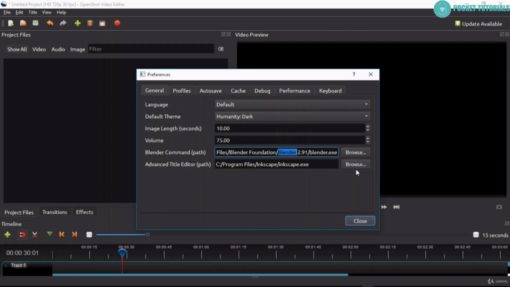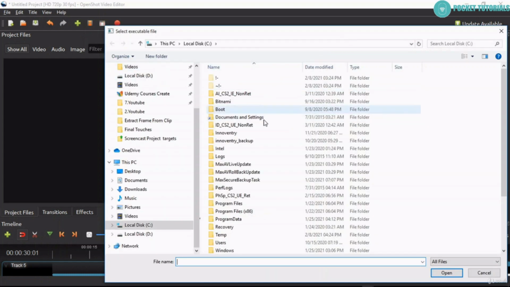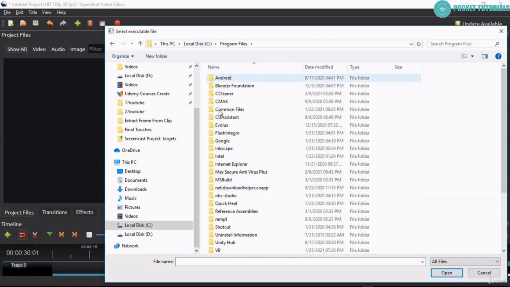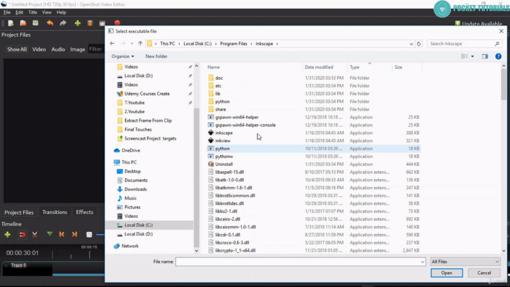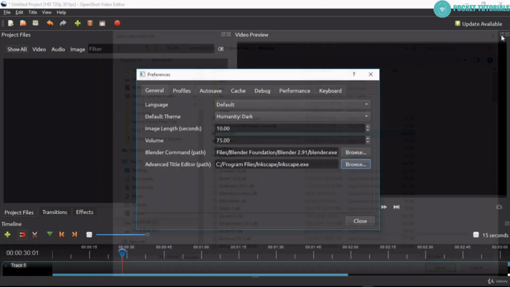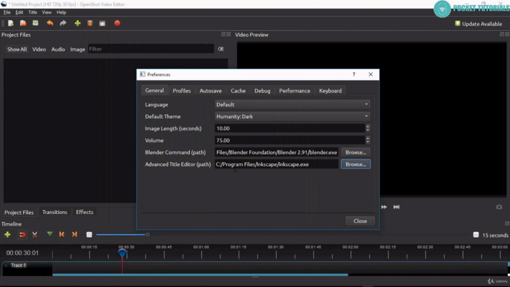So just click on the browse button, go to the program file where you have saved it, go to Inkscape, choose the application and press the open button. That's how you set the path for these two. The Blender command path is basically used for advanced animated titles, and the title editor is used for simple